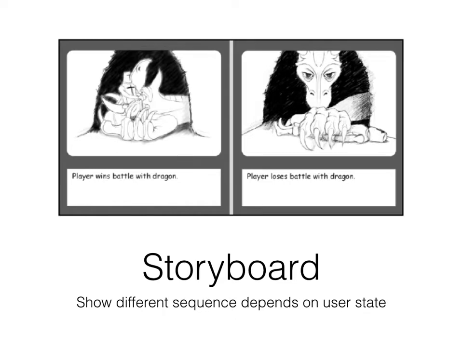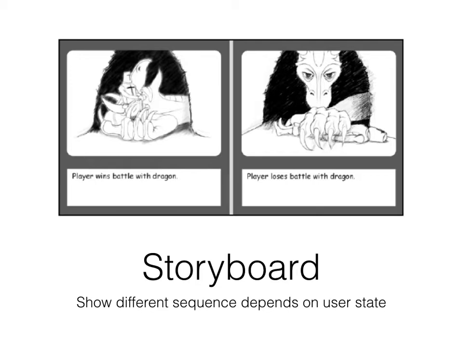So the storyboard in a game is different from, let's say, making a movie. As we know, a storyboard is a series of sketches that indicates how a sequence of events should take place. But unlike film and video productions, games are not linear in nature. A storyboard in a game design will show a possible sequence of events. As you can see in these pictures over here, it shows when the player wins a battle with the dragon, the player